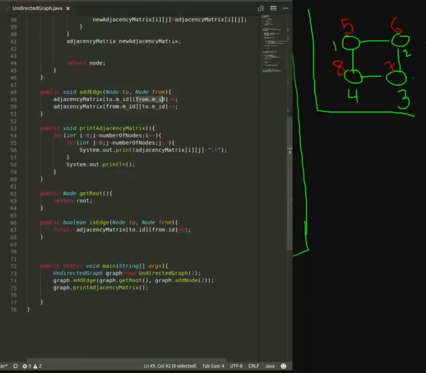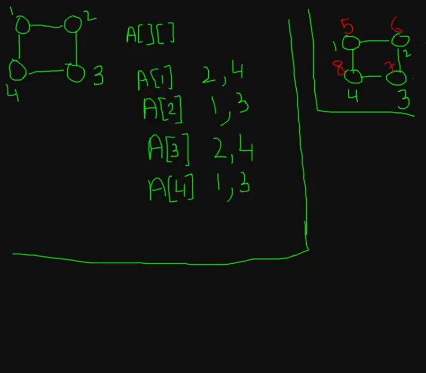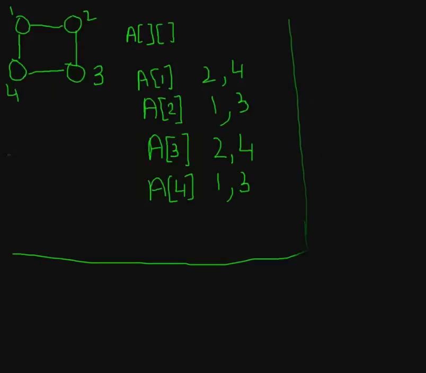So I'm going to demonstrate this with the help of an example. So let's look at this graph right over here, and let's say we want to add an edge between, but let me create a completely new graph. Okay, that way this will be a lot easier. So we're going to draw this graph,